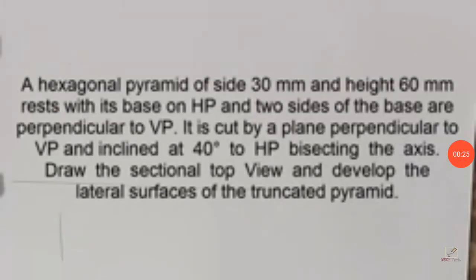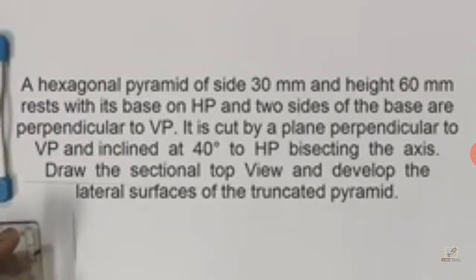So this is a problem. Hexagonal pyramid, size 30 mm, height 60 mm, rest on its base on HP. Two sides of the base are perpendicular to VP. So let's start. So firstly,